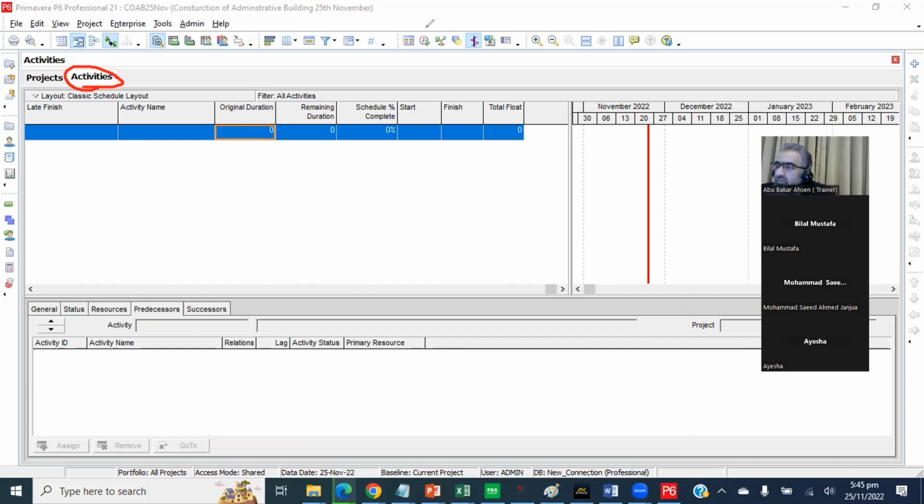Now, what step are we supposed to do from your PMP knowledge? We have created the project. What shall we do? Create WBS. Create WBS. Very good. By default, whenever you open a project, it will take you to the activity screen. But we are not supposed to create activities right now. We are supposed to create a WBS. And what WBS I